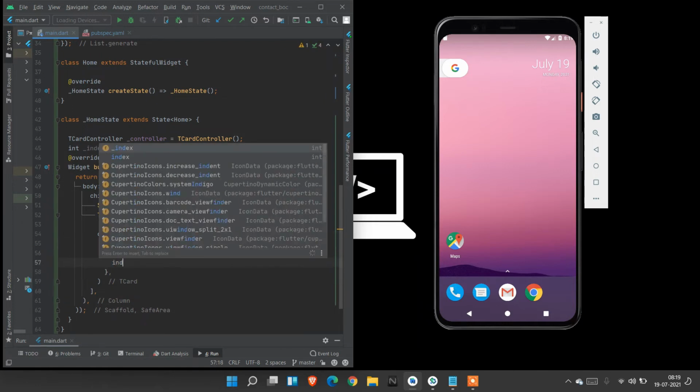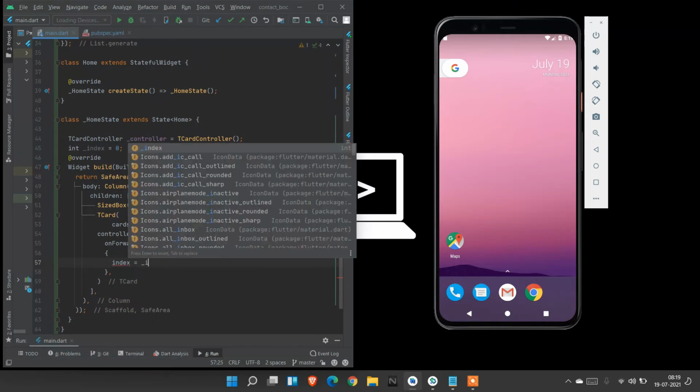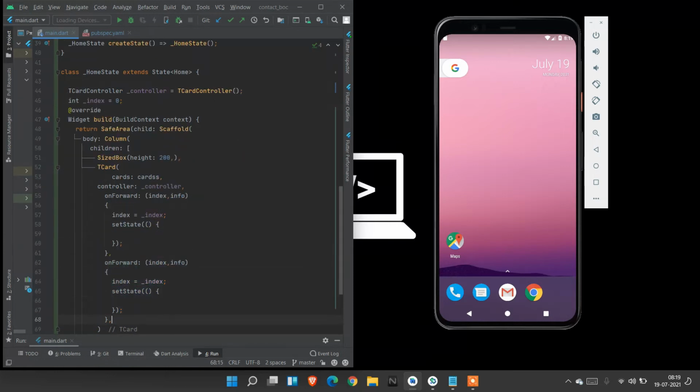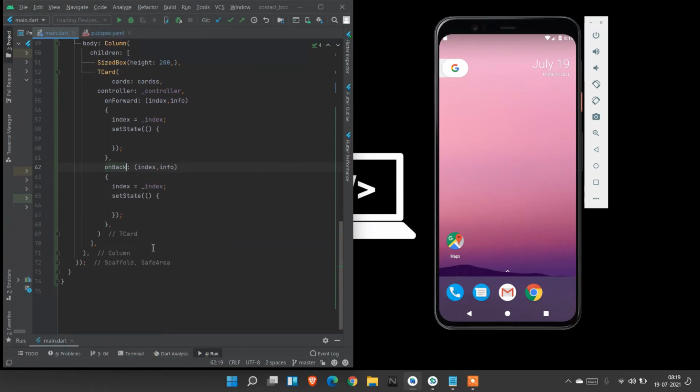Inside that I'm going to place index is equal to index, and I am using the setState property. The same method I use for backward also. On back also I am using the same property.